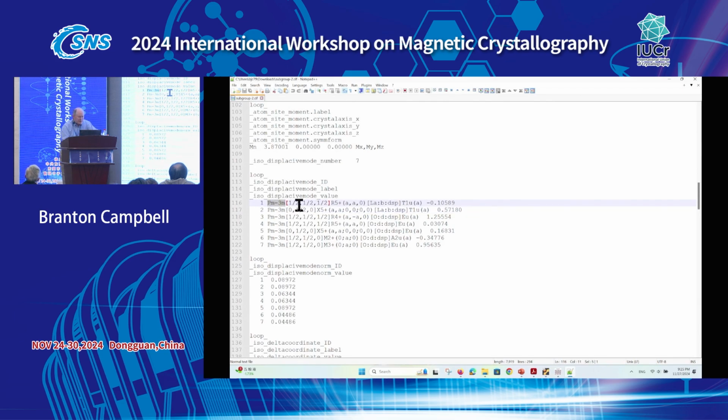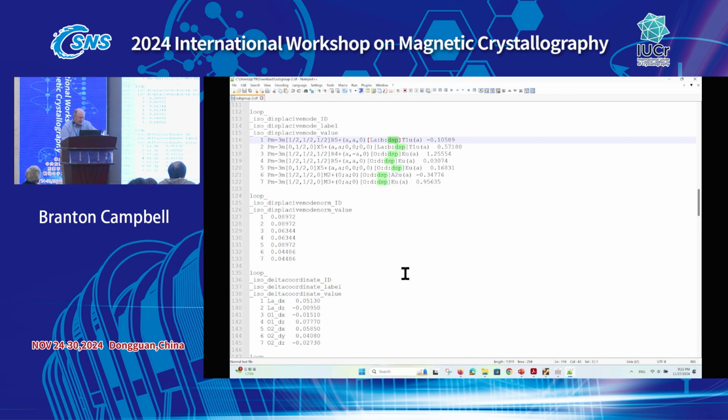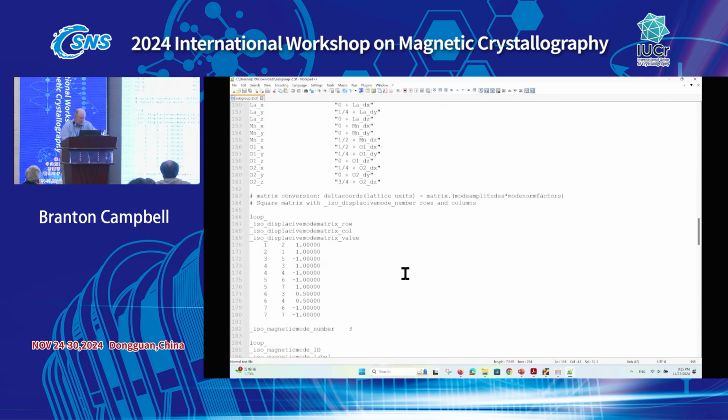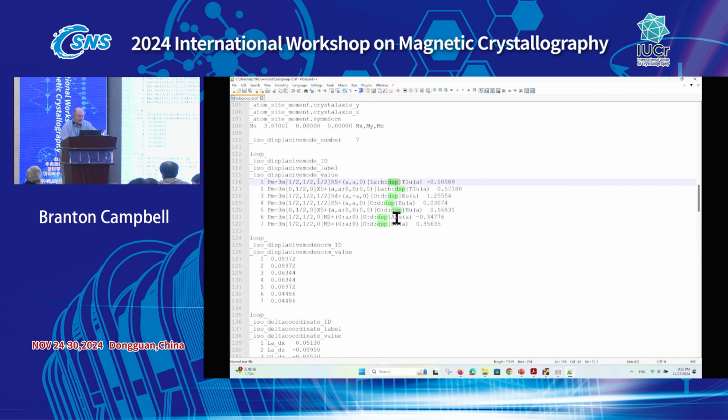You have the parent space group, the K vector, the space group IREP, the order parameter direction, the affected atom and its Wyckoff site. It's either displacive or magnetic. It can be either. These are the displacive modes. The magnetic modes are down here. So these are the 3 magnetic ones. You also have the site symmetry of the local atom site,